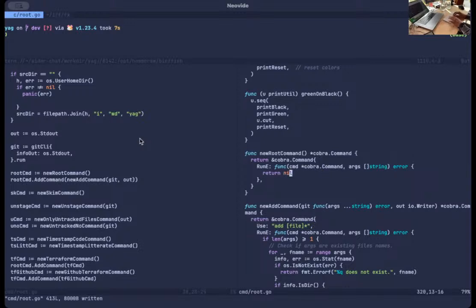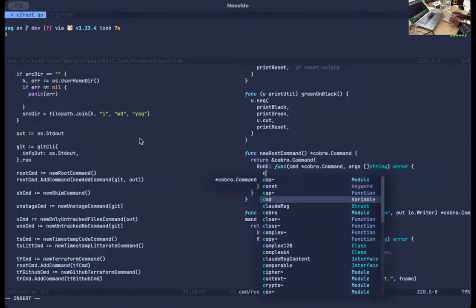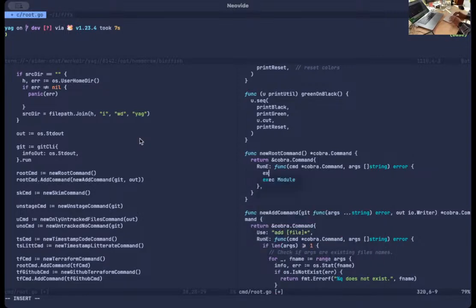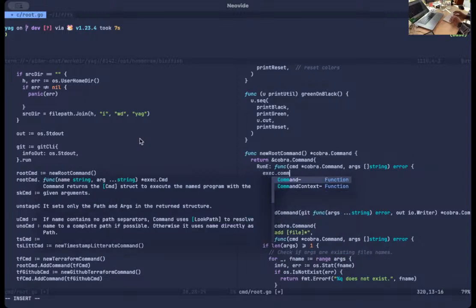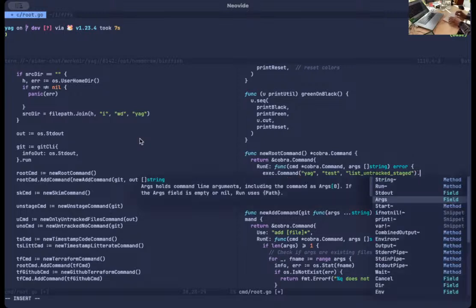Alright, so what are we doing here? We don't need any arguments, nothing. We just need for us to list something. So we will have a command which is going to be exec dot command yag test list untracked staged, and we can run this guy,